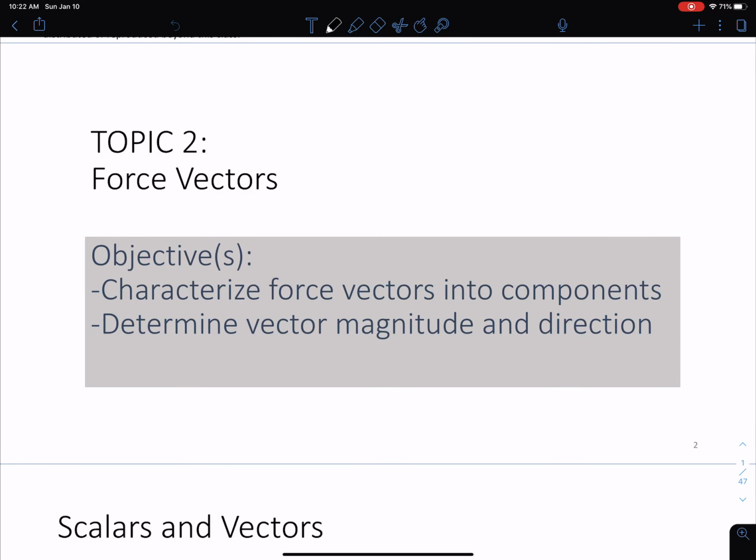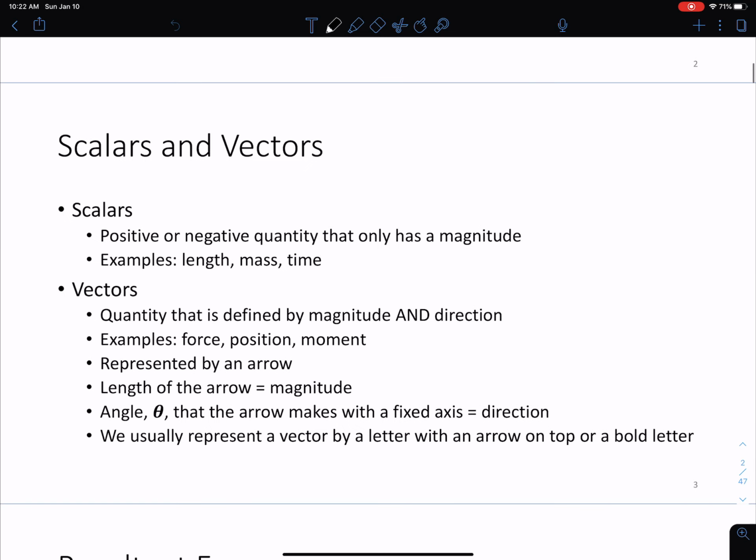Okay, so for today's topic, we're going to go over force vectors. And we're going to start by going over a little review of the difference between scalars and vectors. So scalars, I'm going to read from this a little bit and then explain what's going on. Basically, we can have a positive scalar or a negative scalar, but it's a quantity that is only associated with a magnitude. So it's just basically a number with its units, but there's no direction associated with this type